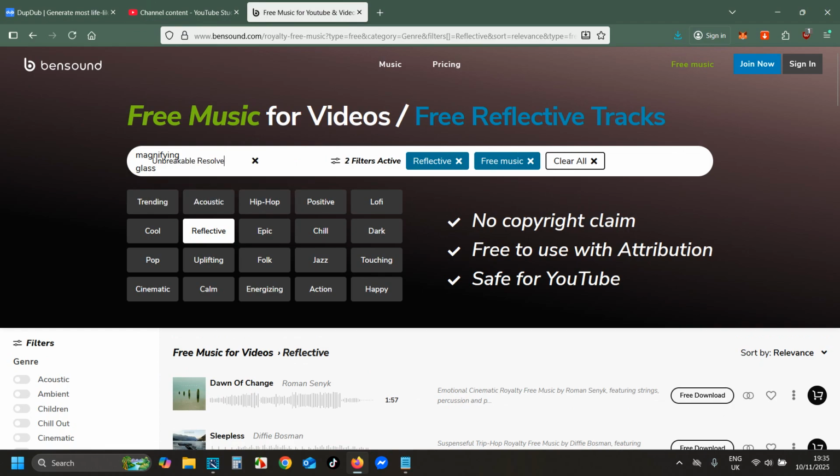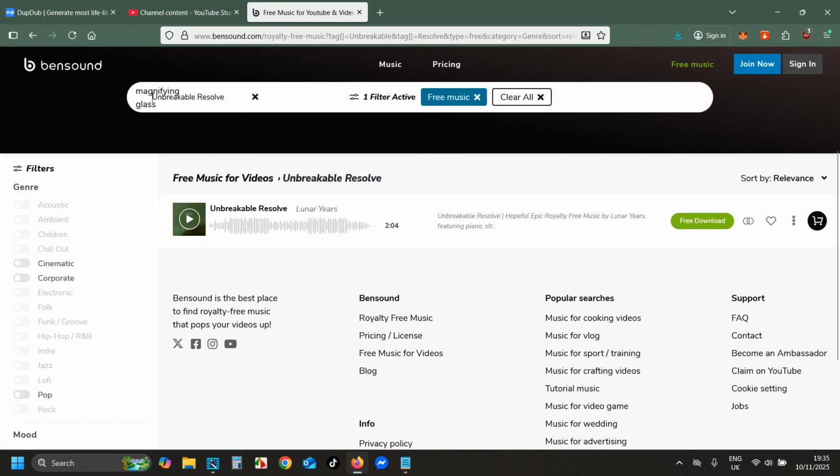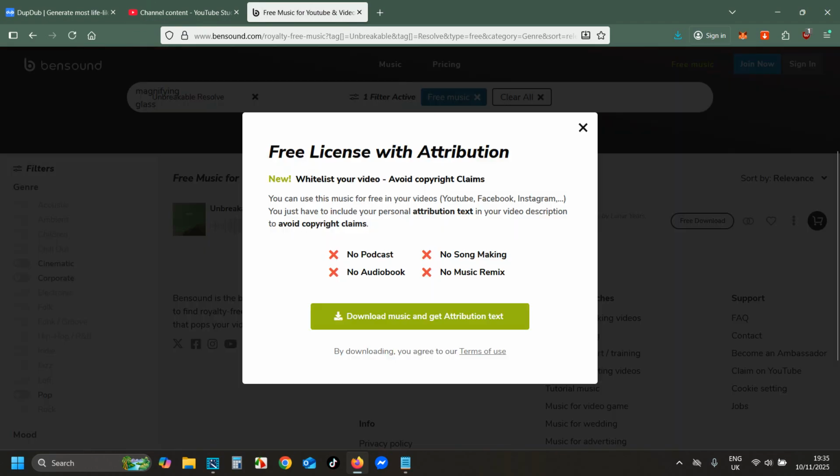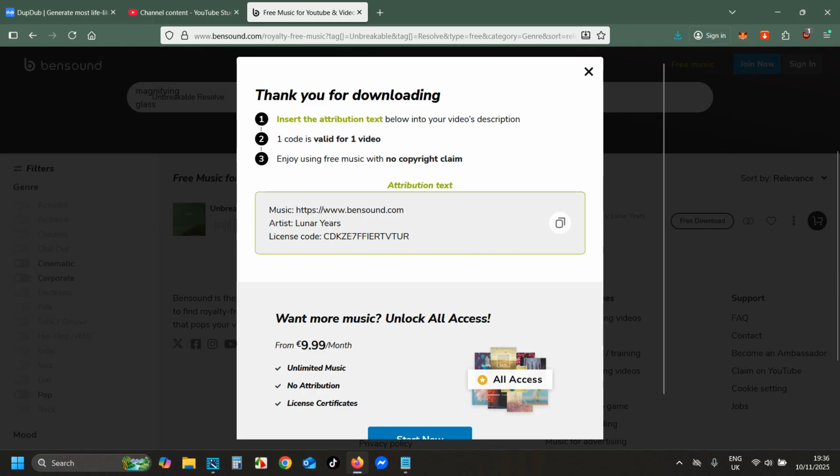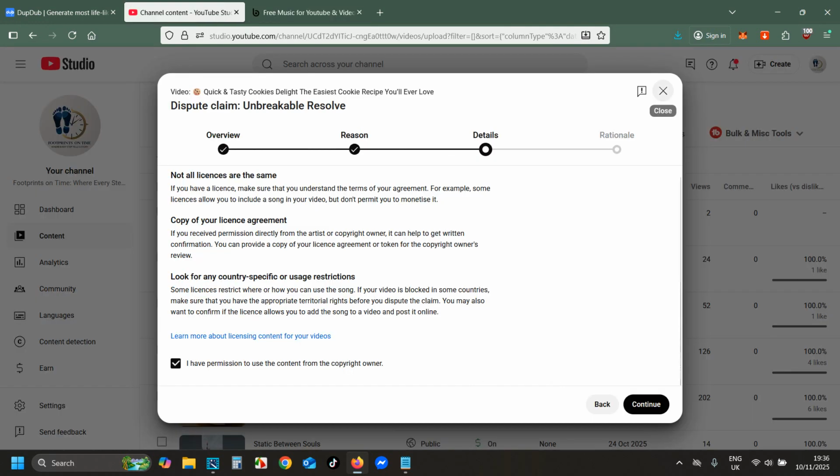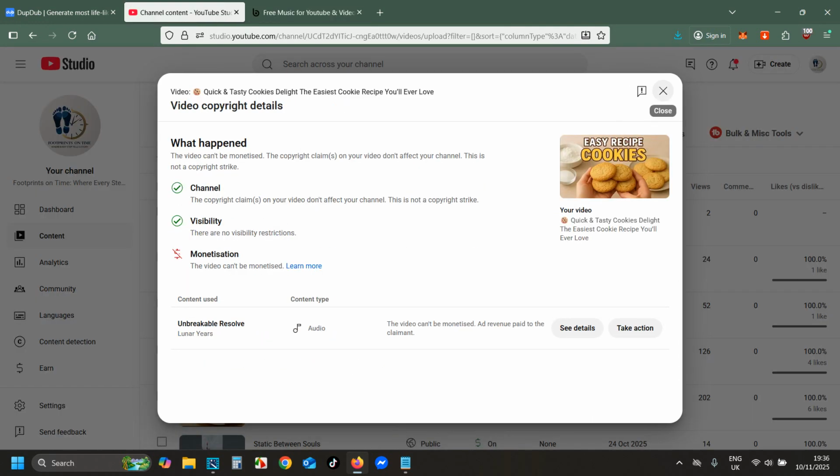Yeah, that's what I'm going to do. Enter. So we have the music there, free download. We're going to go to download, and I'll remove it because I have it downloaded already, so I don't really need it. So just copy that, and as I mentioned, you need to put that into the description box, which I already